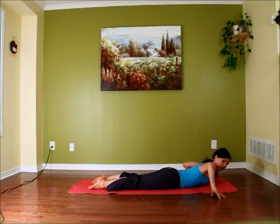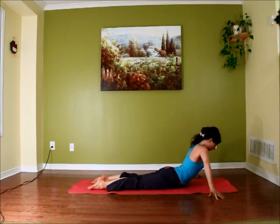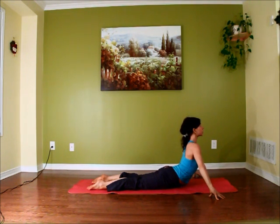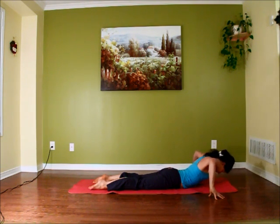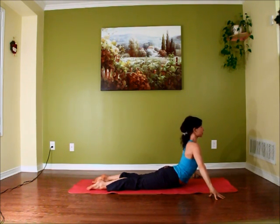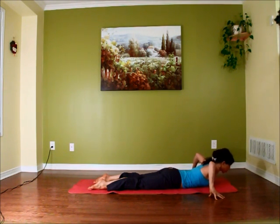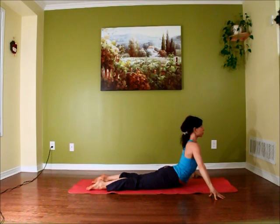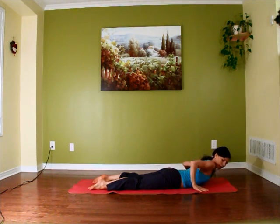So even to make it nicer, take your hands wide, come to your finger pads, point your elbows up, and on the inhale, lift your heart, and exhale, melt your heart. In, and then exhale. So stay engaged with your legs, still press the tops of your feet down, release your glutes, and exhale. And come back to